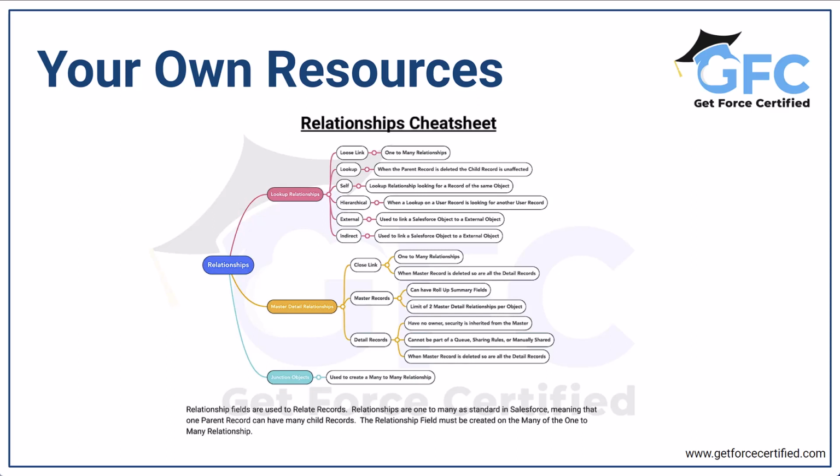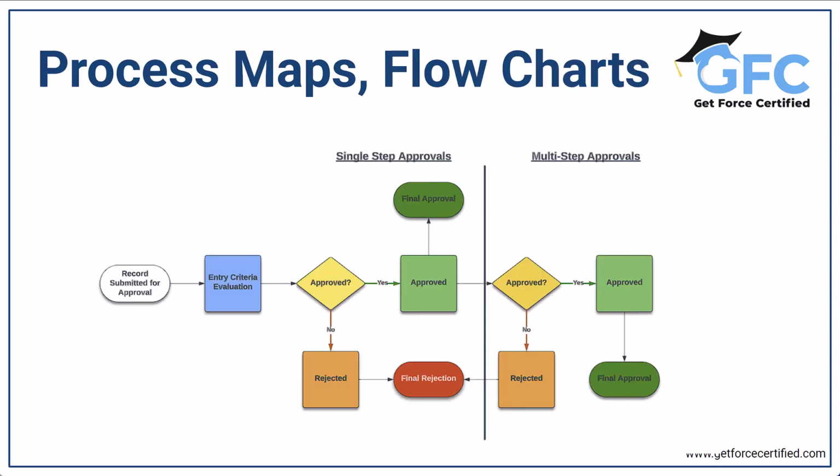But cheat sheets are not the only resource that you can create. When you are learning a process-based concept such as approval processes, it might be easier to create a process map or a flowchart where you can see each step as it happens and what happens at that step. This will help you remember the order of steps and how they're related to each other, which is key. Again, you can make these as colourful and attractive as possible. You can also look at creating other diagrams or drawings that you think will help you understand and remember the